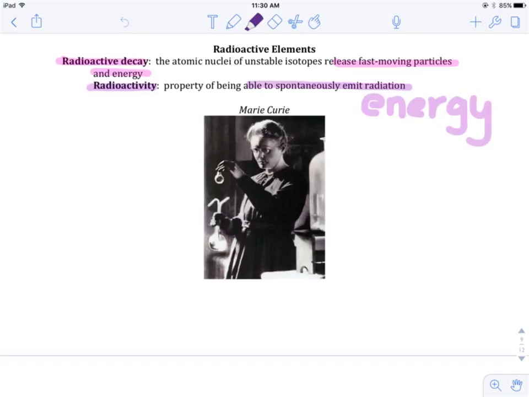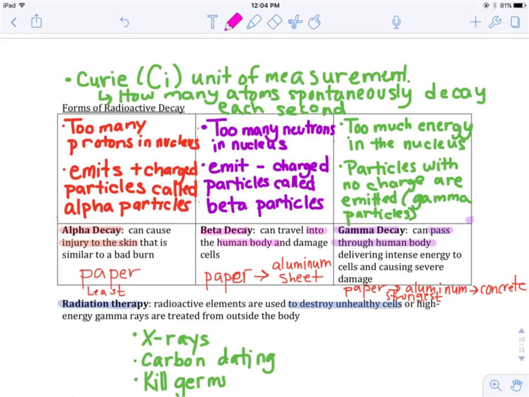Marie Curie is a very important scientist who we will be studying in a couple days. Radioactive energy is measured in curies, which is abbreviated capital C, lowercase i, which gives you an indication to how important Marie Curie's contributions were in the process of discovering radioactivity and radioactive elements. A curie is a unit of measurement that we use to measure radiation, and it tells us how many atoms